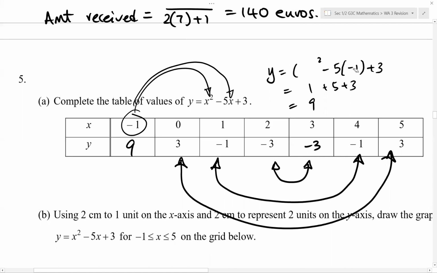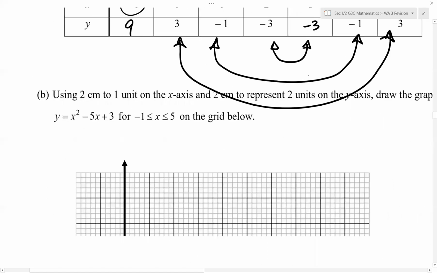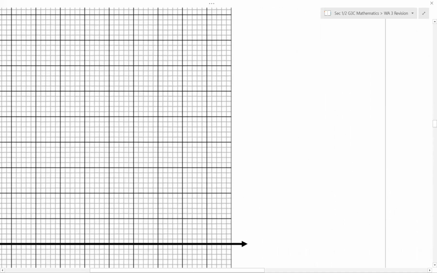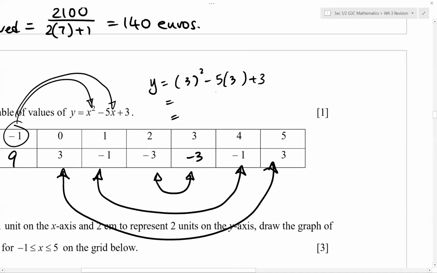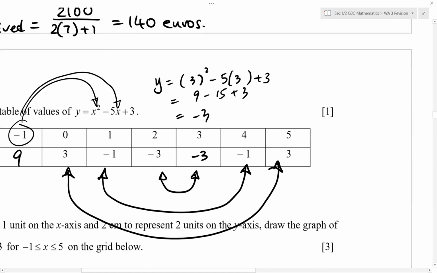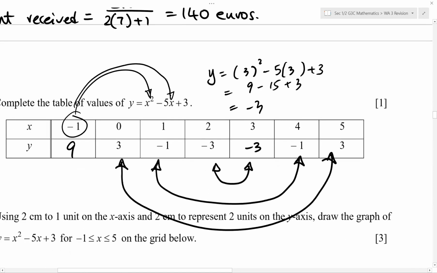When x has a value of 3, 3 squared, so 9 minus 15 plus 3. So 12 minus 15, -3. Okay, that's shown. This is one way you can check your work. And then when you plot,